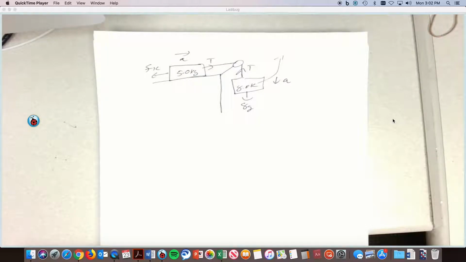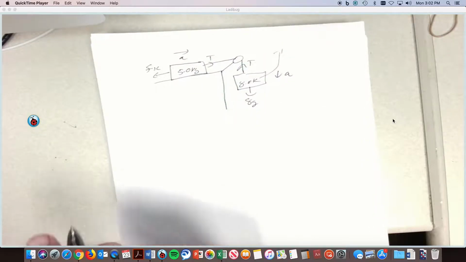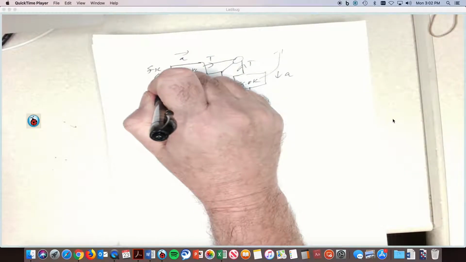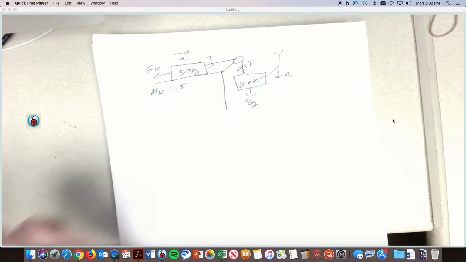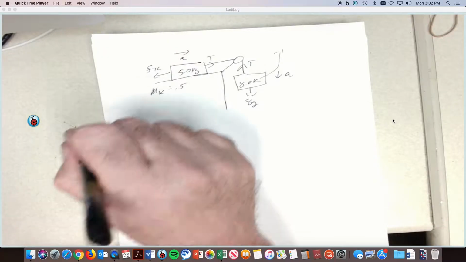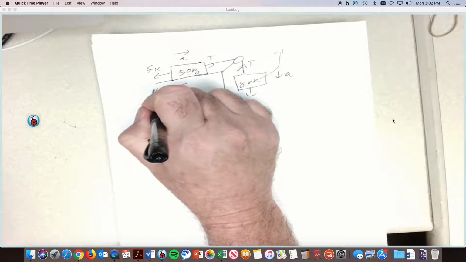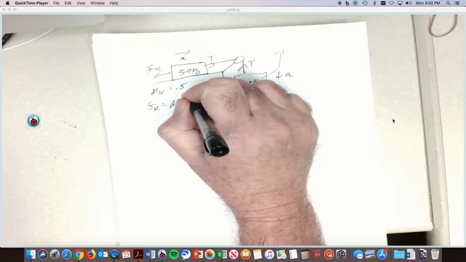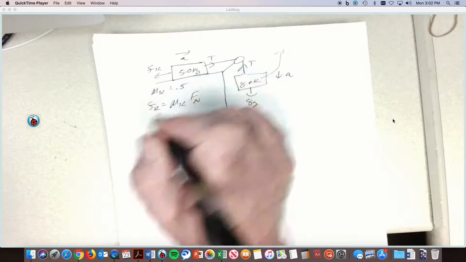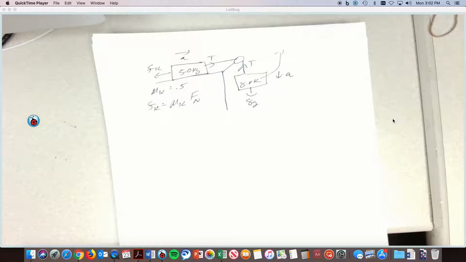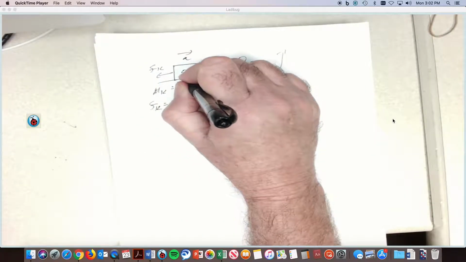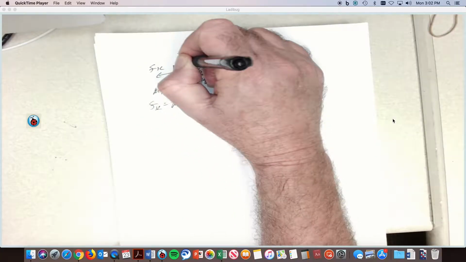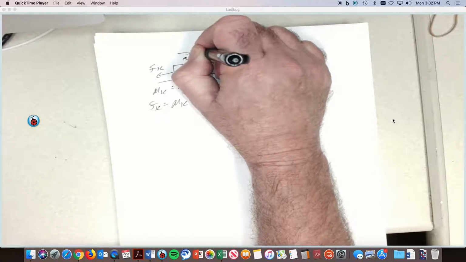So we're going to set it up the exact same way that we did the last one, except that this time we have a frictional force, mu of k. And let's just say, for argument's sake, mu of k is equal to 0.5, okay? And we know that the kinetic frictional force is defined as mu of k times the normal force. Now, we're giving ourselves a pretty easy normal force here because we know that mg is coming down here and normal force is coming up here,